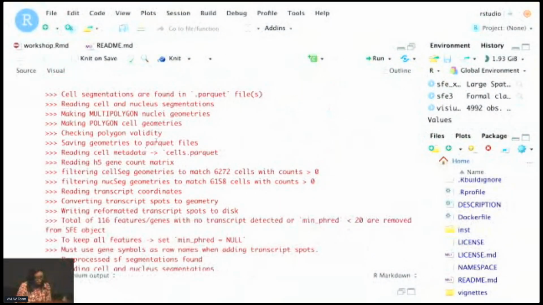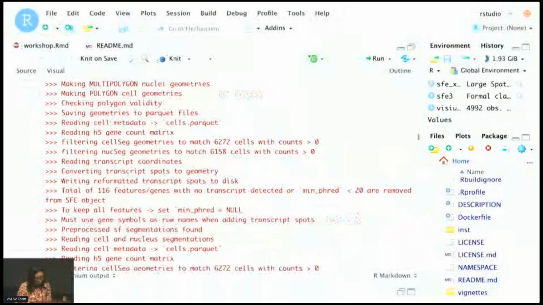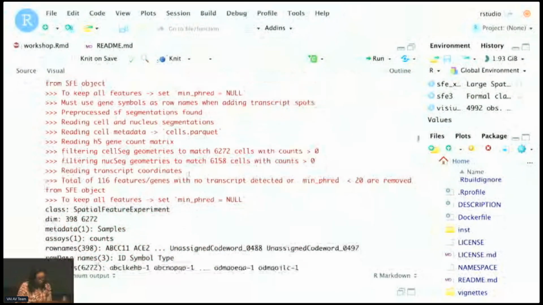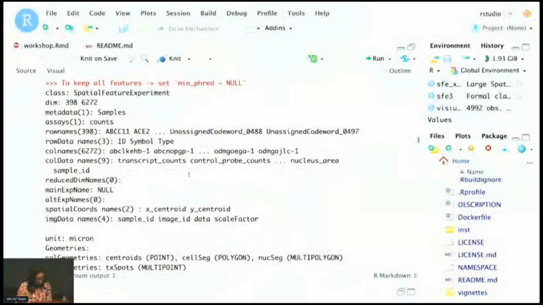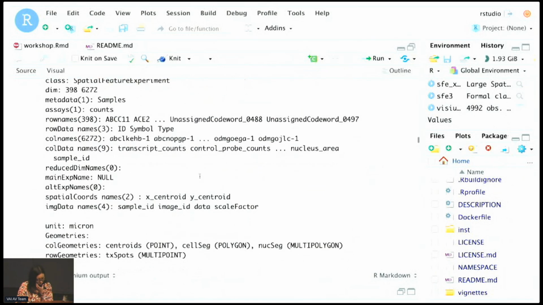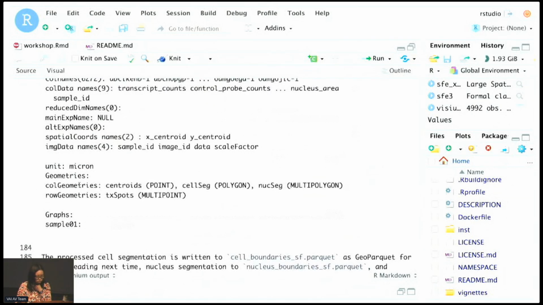Yeah, you see the messages about processing the coordinates into GeoParquet and writing that to disk. So here this is a data set. We have almost 400 features and over 6,000 cells. And we have a summary of the colGeometries and rowGeometries and so on.